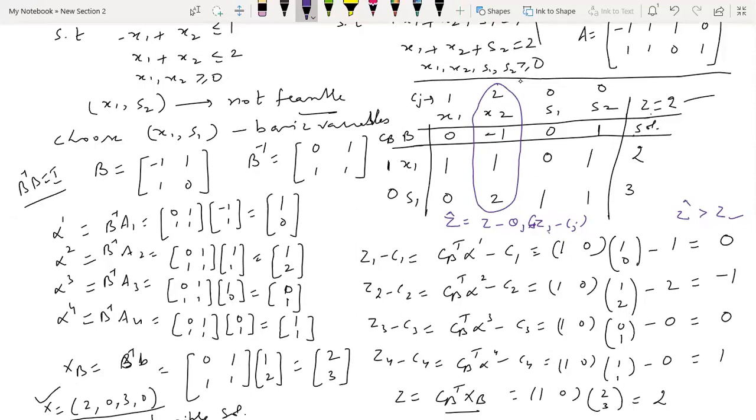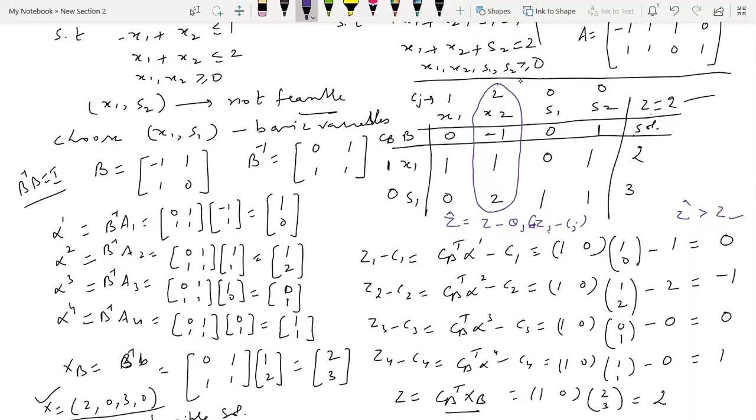to check the entering variable, we have the choice from where zj minus cj is negative. One more thing you may note here, that for this non-basic variable zj minus cj is -1. Say for instance for s2, if this value was -2, then I would have chosen s2. Why? Because in that case this quantity was more negative. More negative means I am adding more to z to improve z hat, right? So in that case I will be entering the most negative zj minus cj, because that will give me a larger improvement in the objective function value.